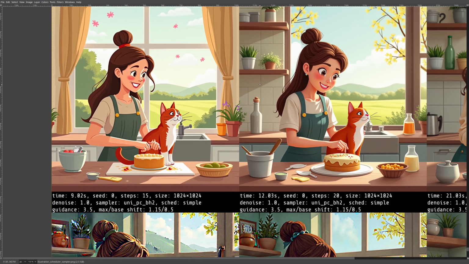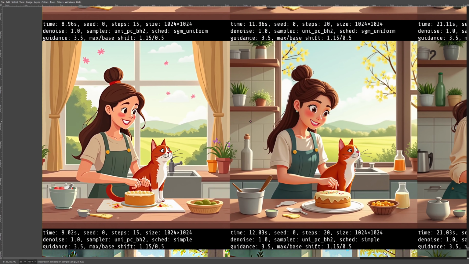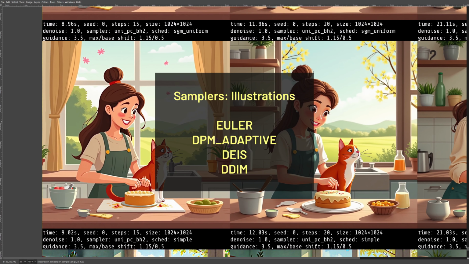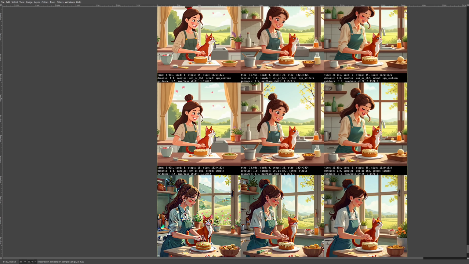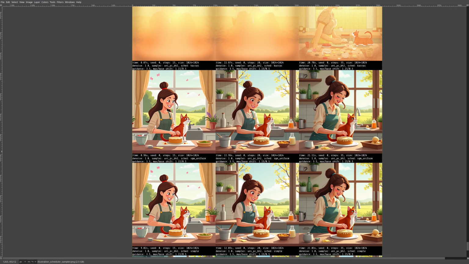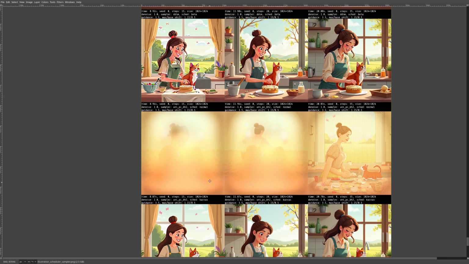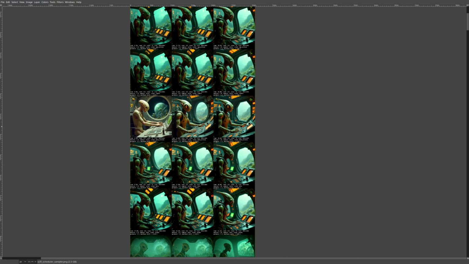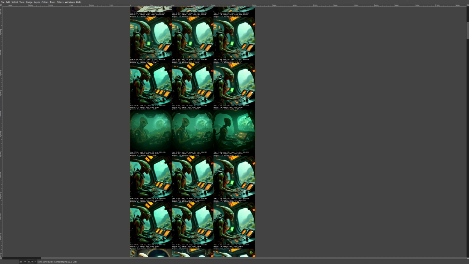So my suggestions for illustration are Euler, DPM adaptive, DACE, DDIM. Schedulers always SGM uniform, simple, DDIM uniform and beta. One last test with our alien. Not many surprises here, most samplers performed better also at lower steps, but what I wanted to show you is